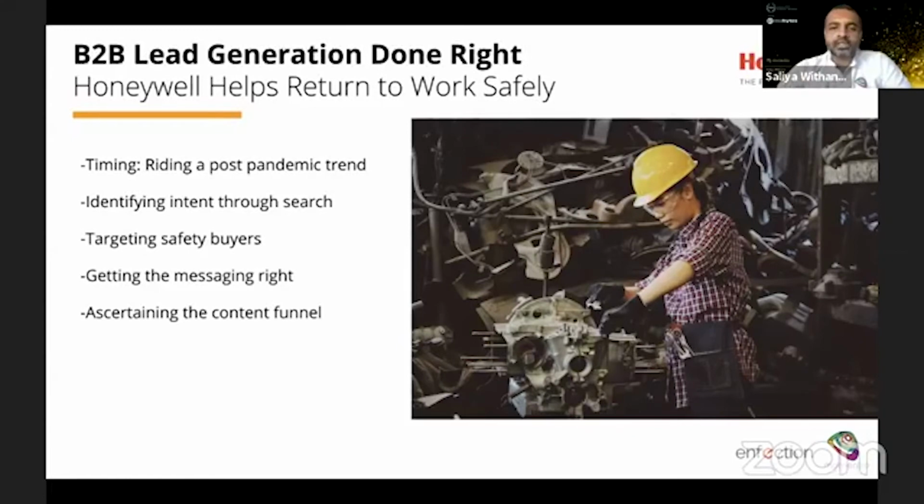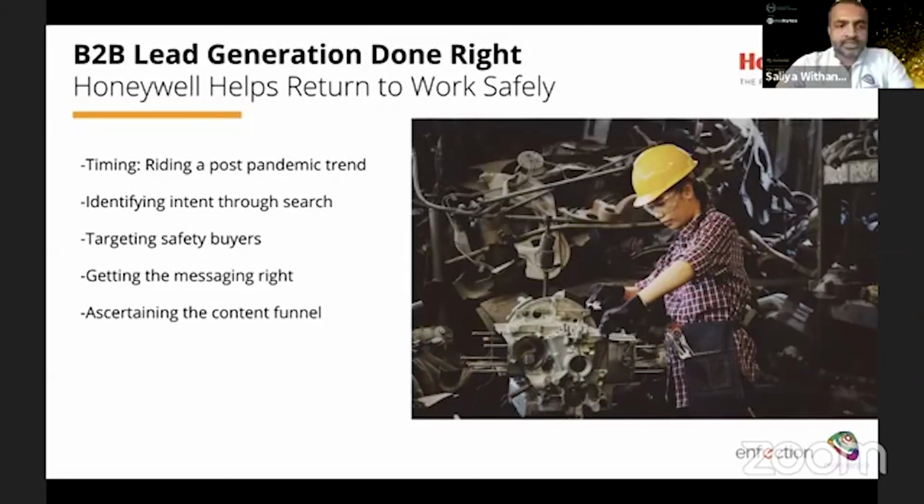So what we did was we looked at a lead gen approach that combined web as well as off-site, basically through the digital channels itself. So how we aligned the funnel was we looked at off-site leads and on-site leads. Timing, like I said, was very crucial because this campaign was around helping enterprises to get their staff to return to work safely. So it kind of married nicely with the objective of the campaign.